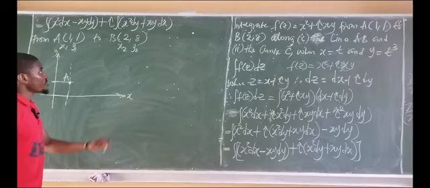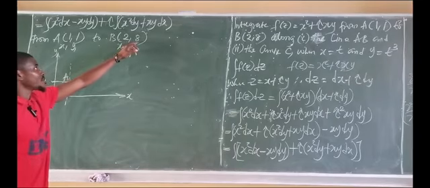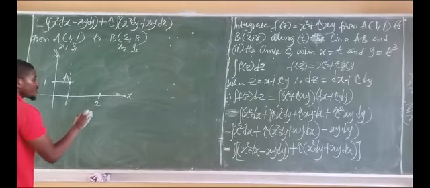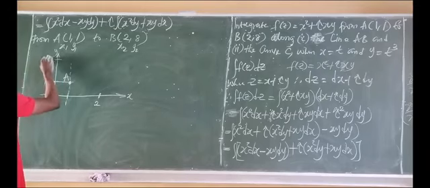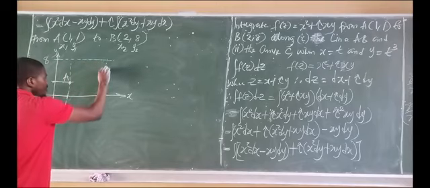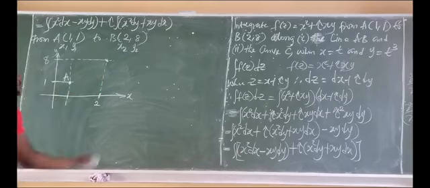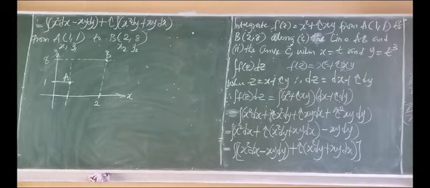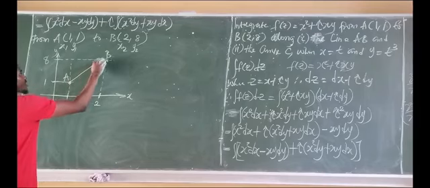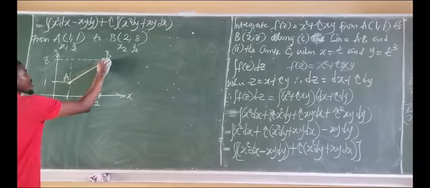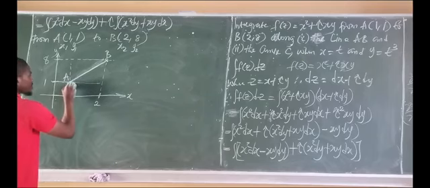Next, to locate B, B lies at x equal to 2 and y equal to 8. So if here is 1, you can simply call here 2 for x, and then you can call here 8 for y. So which means B is somewhere around here. This is where B lies when x is 2 and y is 8. So if I join these points together,